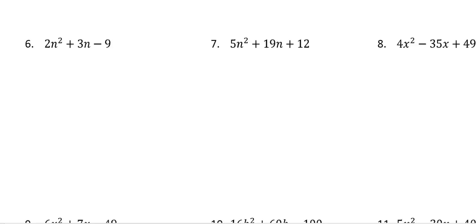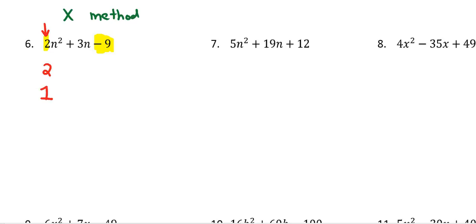Okay, so this question is a little bit more difficult because we have a 2 in front. And notice that the positive 3 and minus 9, we don't have any common factors. So for this question, I'll be using something called the X method. For the X method, I need to look at this 2 here, and I need to find 2 numbers that multiply to 2. And I would just write those numbers underneath that expression. So 2 numbers that multiply to 2, I think that's pretty simple, 2